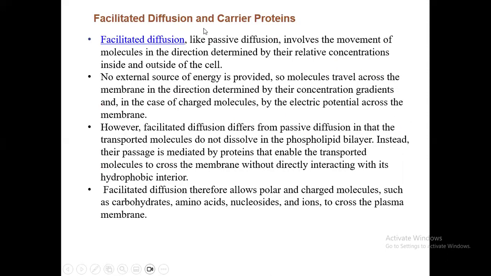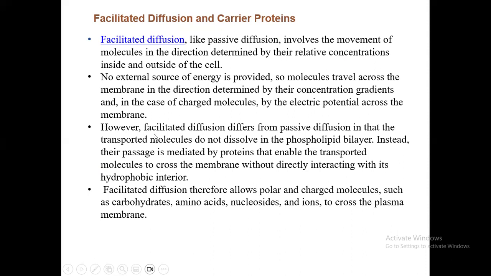Next is facilitated diffusion and carrier proteins. Facilitated diffusion is like passive diffusion, in which the movement of molecules is determined by the concentration gradient. That is, the movement of molecules will take place from the high concentration to the low concentration location. Here, no external input of energy is required in the form of ATP or in the form of electric potential,